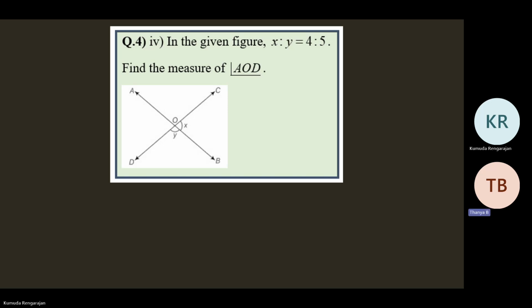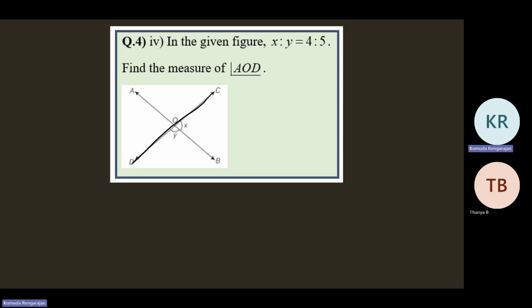Can you repeat the question? What is the relation between x and y? Do you think they form a linear pair, x and y? Yes, ma'am. So what can you say about x plus y? X plus y is equal to 180 degrees. Correct. X plus y is equal to 180 degrees because